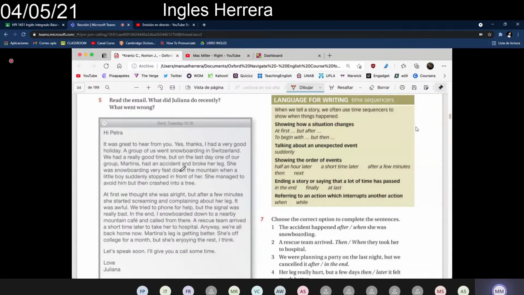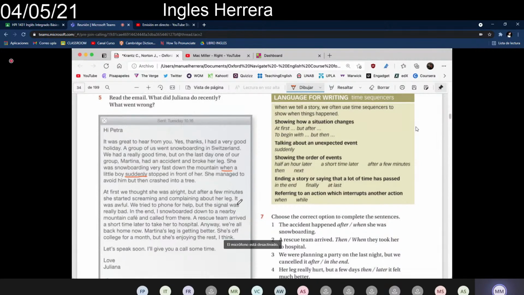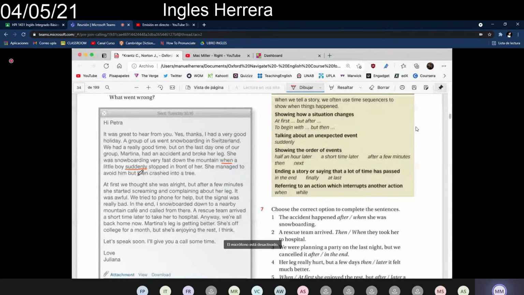Excellent. So let's see where you can find them. It says, it was great to hear from you. Yes, thank you. You had a really good time. But on the last day, she had an accident, right? When? So we have this one. She was snowboarding very fast down the mountain when a little ball suddenly stopped in front of her. She managed to avoid it, but then,